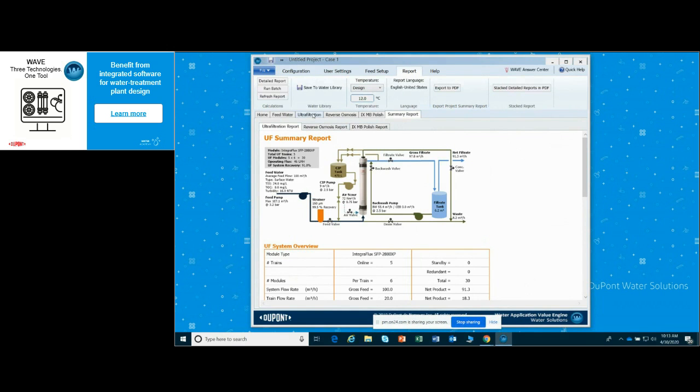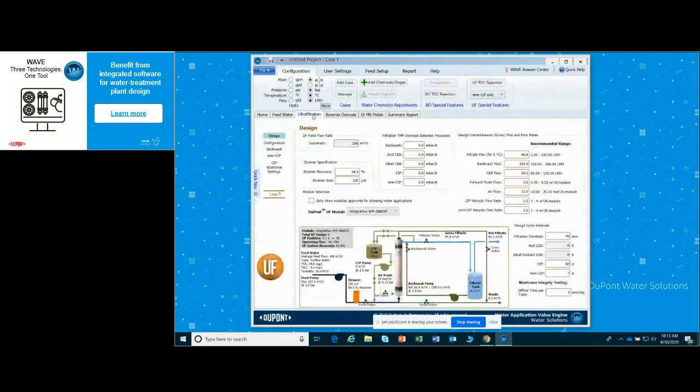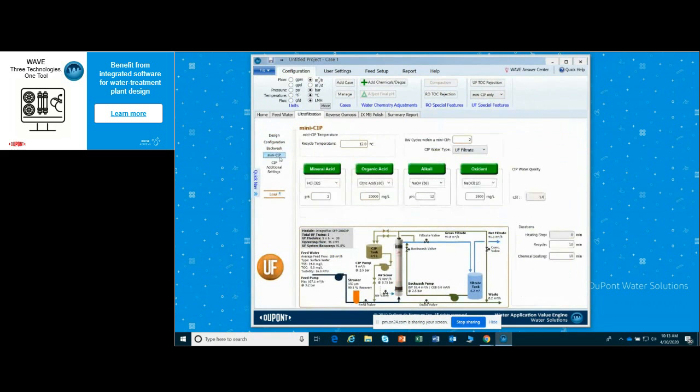Sure, Kevin. We go back to our UF module, and we look at our cleaning protocols. And if you have a RO system as part of your design, you can click on the water type for our mini CIP, and you could use RO permeate water to make up your solutions. And we'll do the same thing for the CIP, and we're going to use RO permeate. You'll notice changes in tank size. We also now have a blue line coming in showing you that your CIP water is coming from the RO system. And if we run the design,